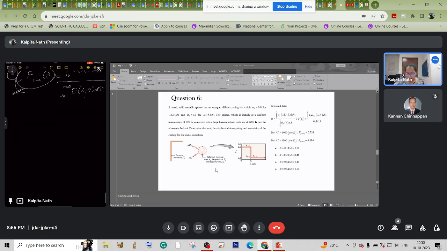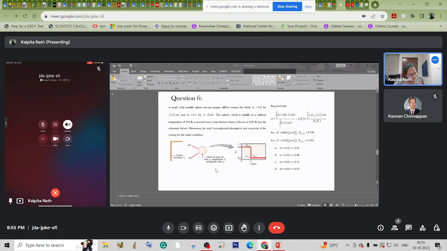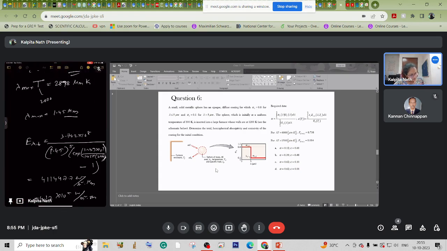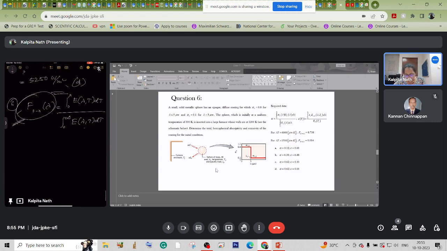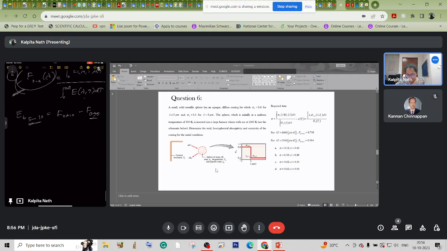So if we want to find, let's suppose for a black body, 5 to 10, that is wavelength from 5 to 10, we have to consider up to 10, and then we'll negate the up to 5 from 0 to 10 and 0 to 5, right? In the same way, if we want to find for the real body, so that is 5 to 10, though,